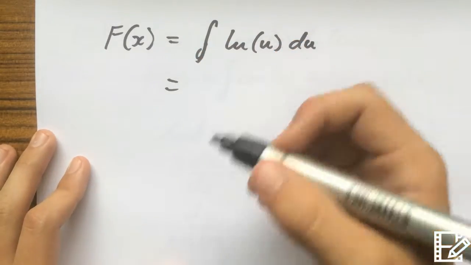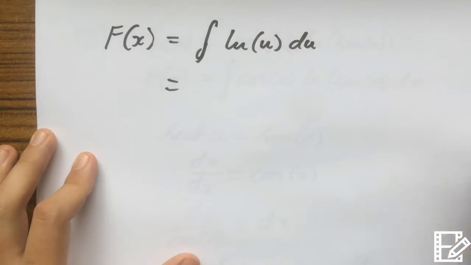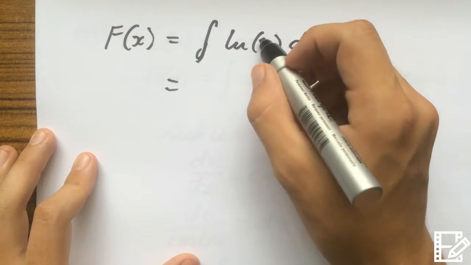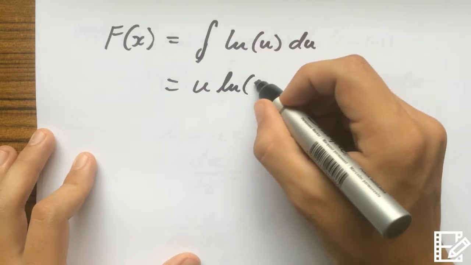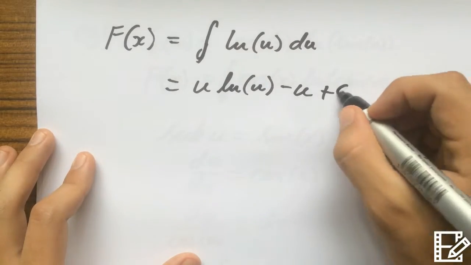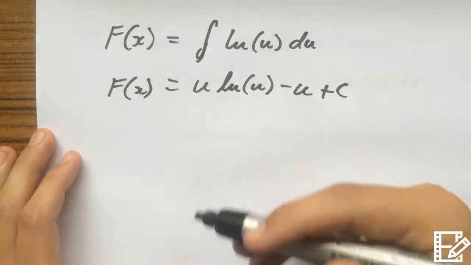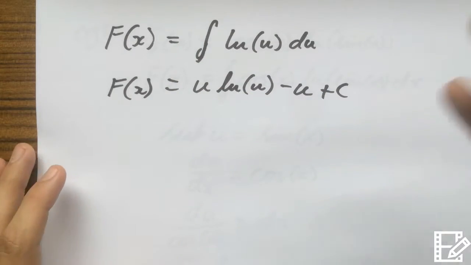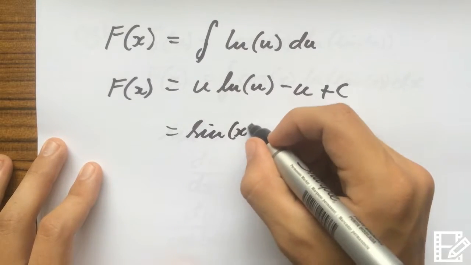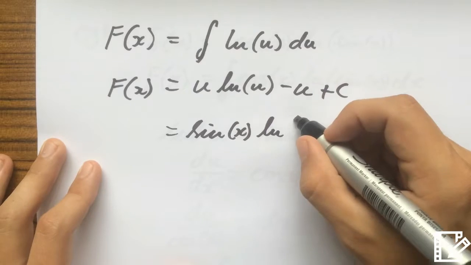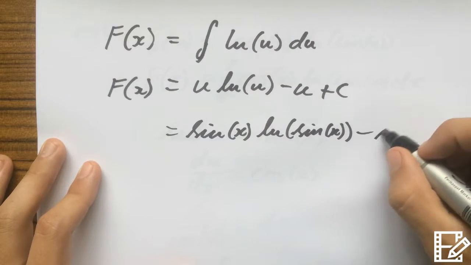Now the integral, we said the integral of ln of x is x multiplied by ln of x minus x plus c. x is just the variable, our variable is u, so it'll be u multiplied by ln of u minus u plus c. Now, just like how we subbed in u for sine x, we're going to sub sine x back in for u. So we'll have sine x multiplied by ln of sine x minus sine x